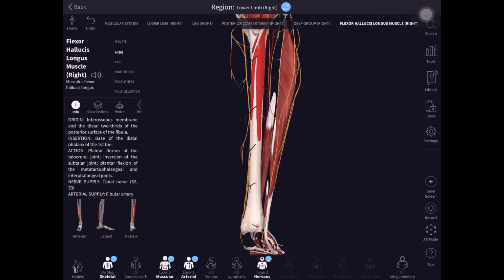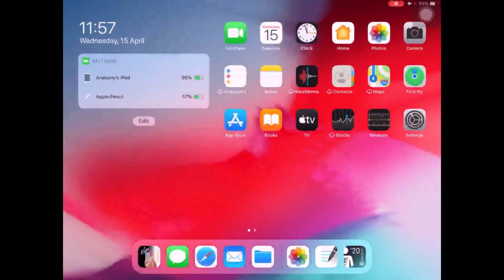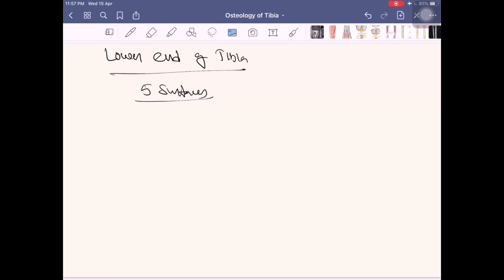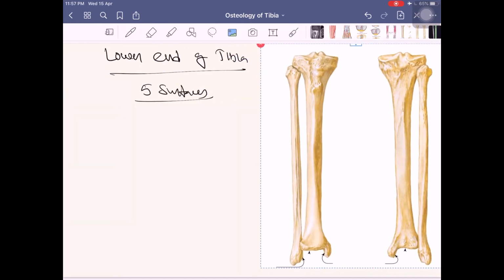Now, last part is the lower end of the tibia. So we are done with the upper end, we are done with the shaft. Now we are doing the lower end of tibia. The lower end of the tibia presents a total of 5 surfaces. So what are the surfaces? It is your anterior surface, posterior surface, medial surface, lateral surface, like your radius lower end, and